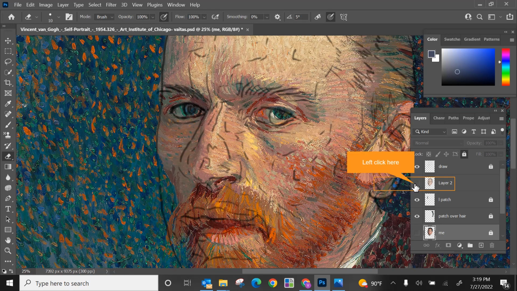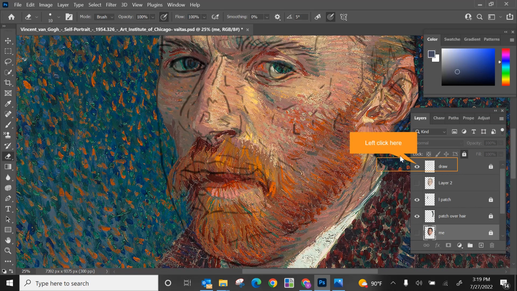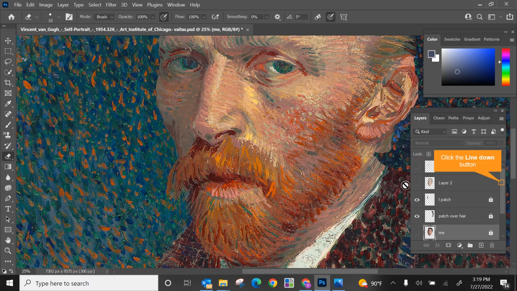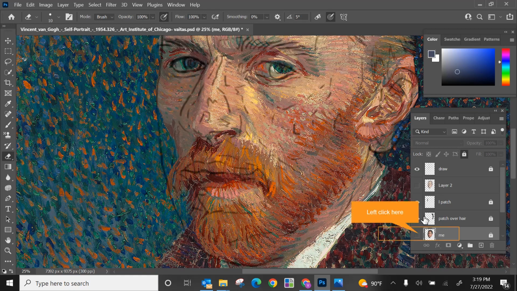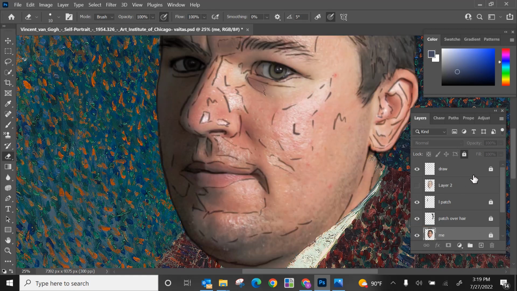One thing I should mention too is, say I wanted the beard on my face. I chose to leave it off, but one option would be I could go on the painting layer, cut the beard, and paste it on top of my own face, and would save myself a bit of painting time there. But I thought for the aesthetic and to really make it look like myself, I chose to leave it off. So if I check my head again,